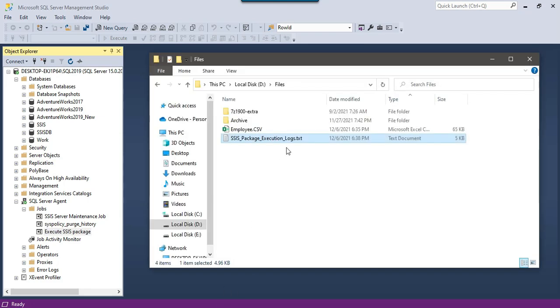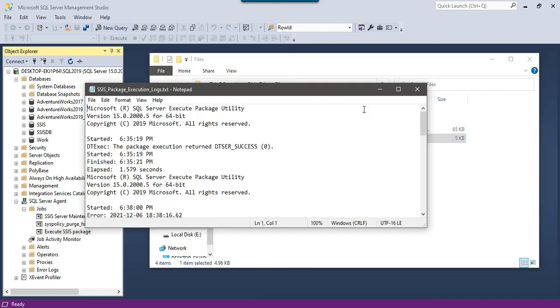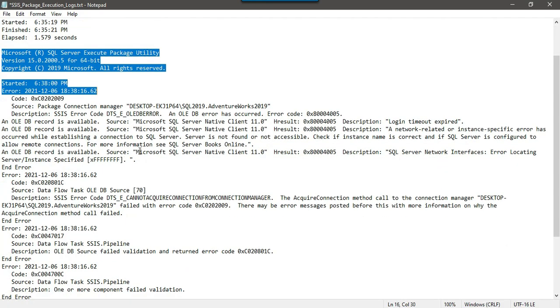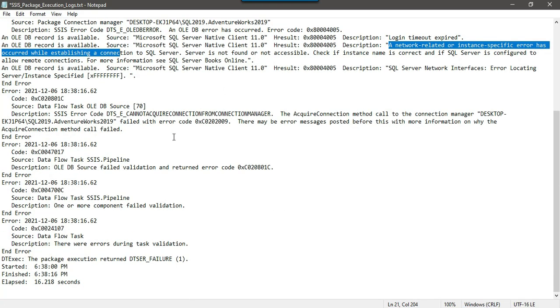And if you go back and open the package execution log, you should see the failure messages here. So we got new logs for the failure. You can see we got all these errors: login timeout expired, a network-related or instance-specific error has occurred, and all the error messages you can see here.